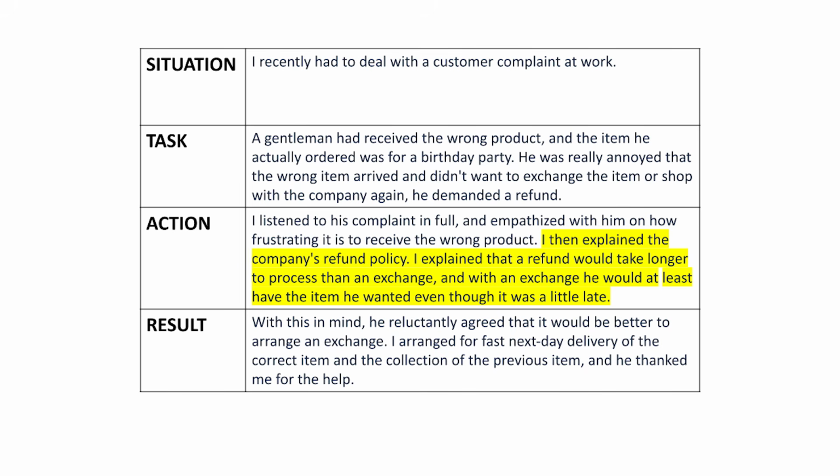So highlighting the benefits to the customer is one thing to bear in mind for your own answer, but you've also demonstrated two more key skills. One is that you understand the importance of empathy when dealing with customer complaints and the role it plays in diffusing any frustration the customer may be feeling. The other is the skill of persuasion.